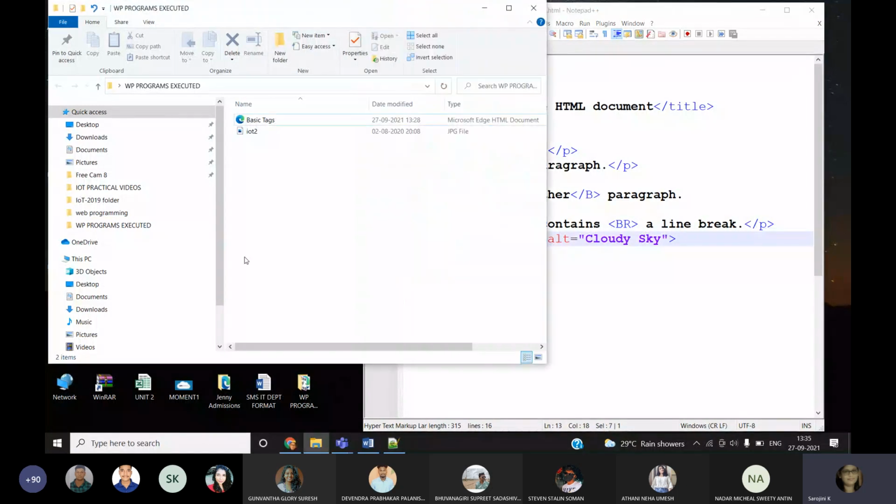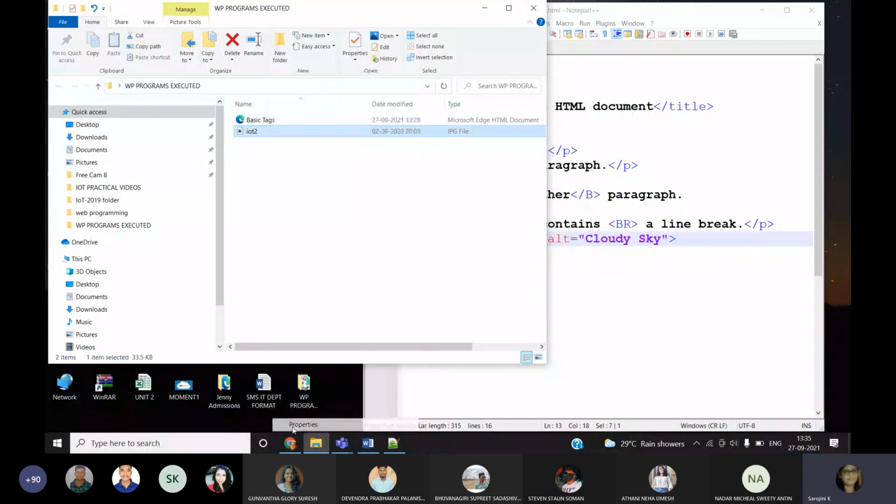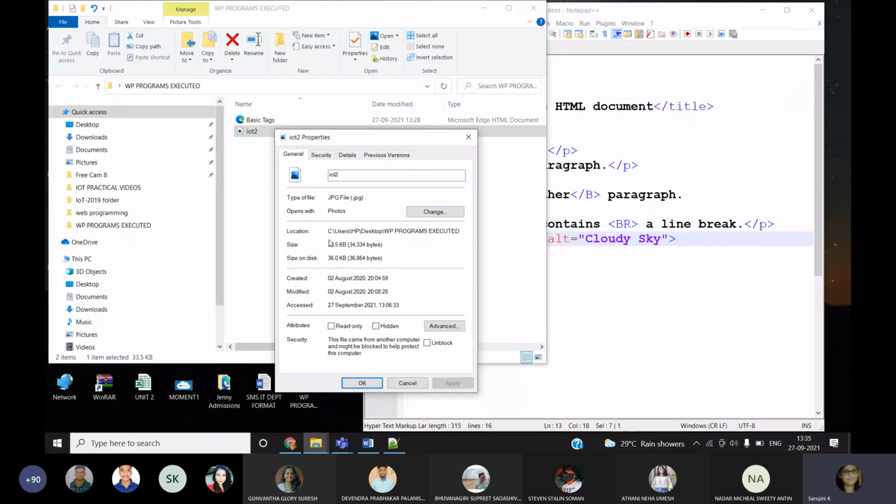So to find out the complete path of the file, which is the image I want to display, I right click on it and go to properties. Here I can find the complete path of the file.